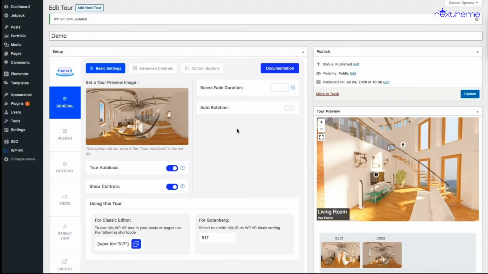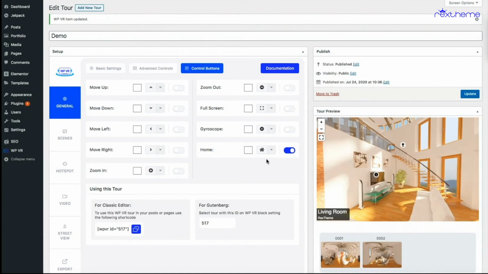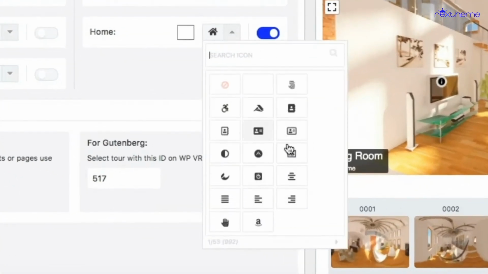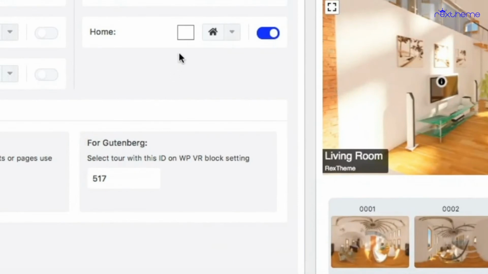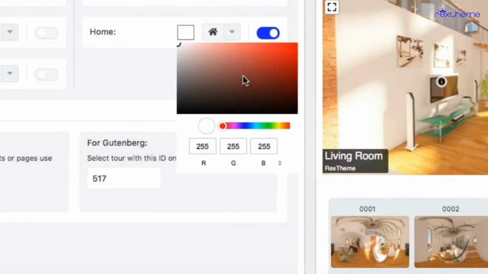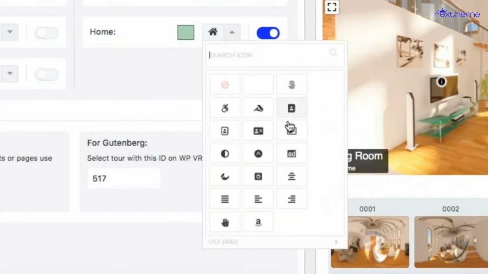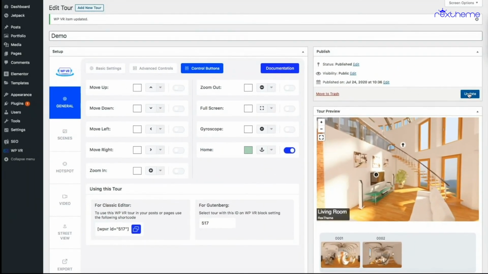Basically on your WPVR, if you go to control buttons and click on this, it will let you choose icons from the Font Awesome icons we provide. So you can select any icon from here to indicate as the home if you want to, and if you click here you can select the color of the home button if you want to. Let me just change the color, and let me also change the icon. Let's say this one. All right, so let me update the tour,